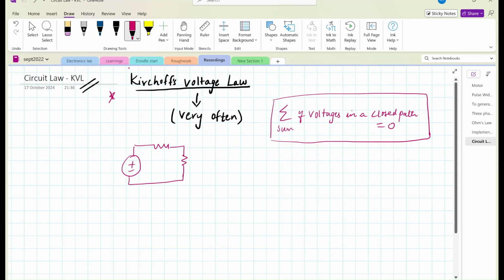இருக்குது அப்படின்னா, இப்போ இதில் ஒரு V1 இருக்கும். This V1 will be the voltage across the source, and V2 will be the voltage across this R1. V3 is the voltage across this R3 element அப்படின்னா, the sum of all these voltages V1 plus V2 plus V3 is equal to 0. This is what Kirchoff's voltage law states. So இதை நம்ம இன்னும்